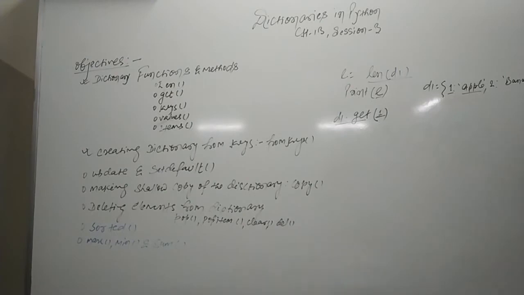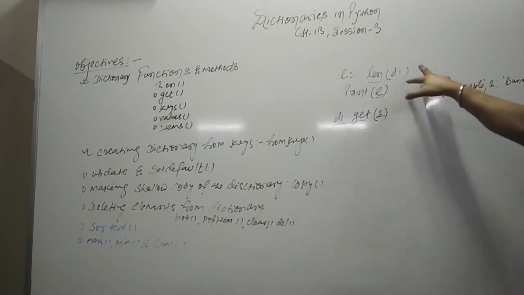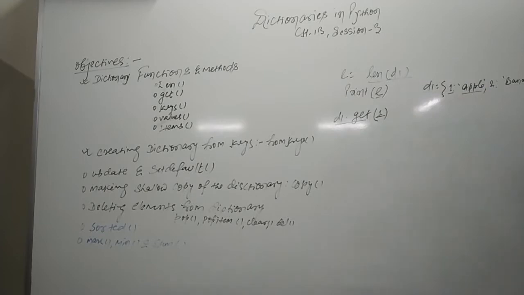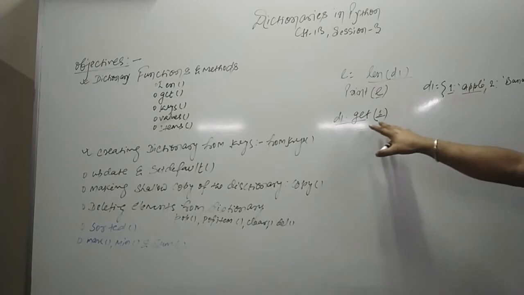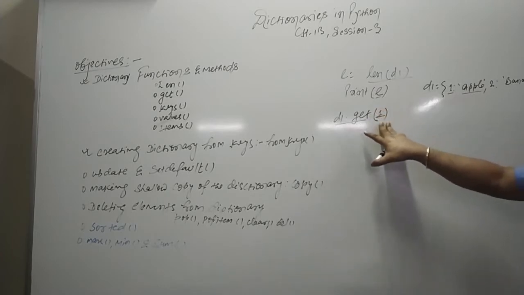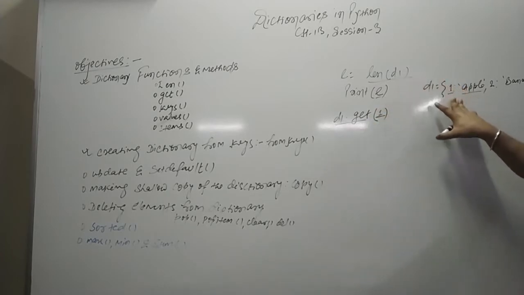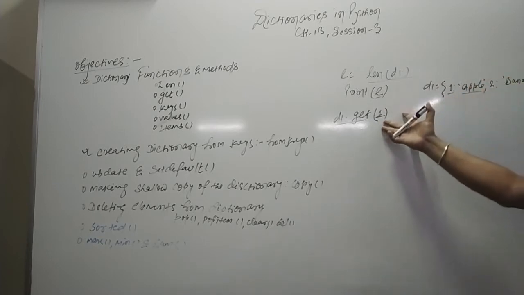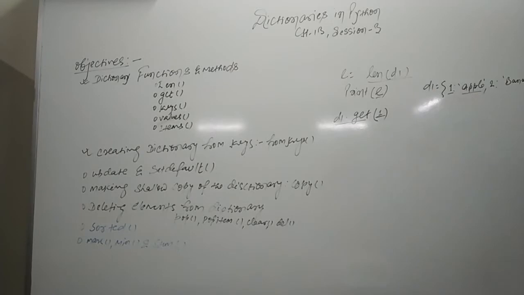So this is how to use the get method. I hope these two methods, len and get, are very clear to all. Your len method helps us know the length of the dictionary, and the get method will simply give you the particular item or value of a particular key. You have to pass the key. If it is 1, you pass 1. If you want to see the value of 2, you can just say 2. That is how the get method works.